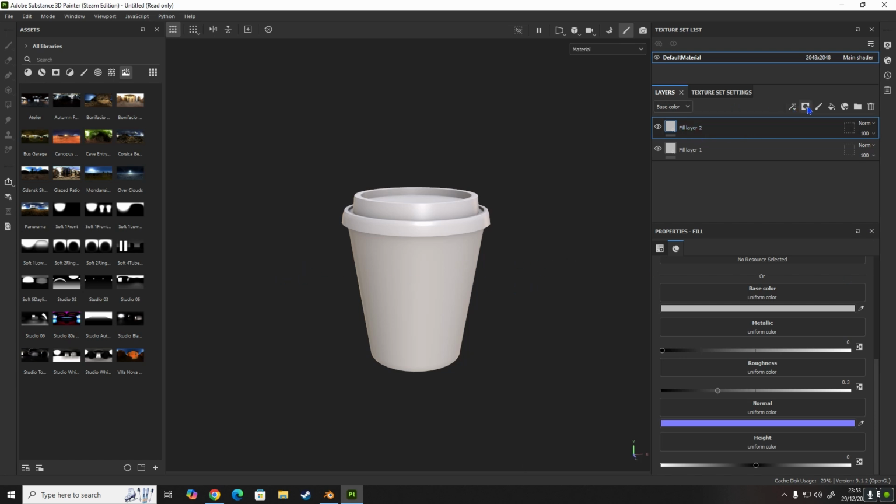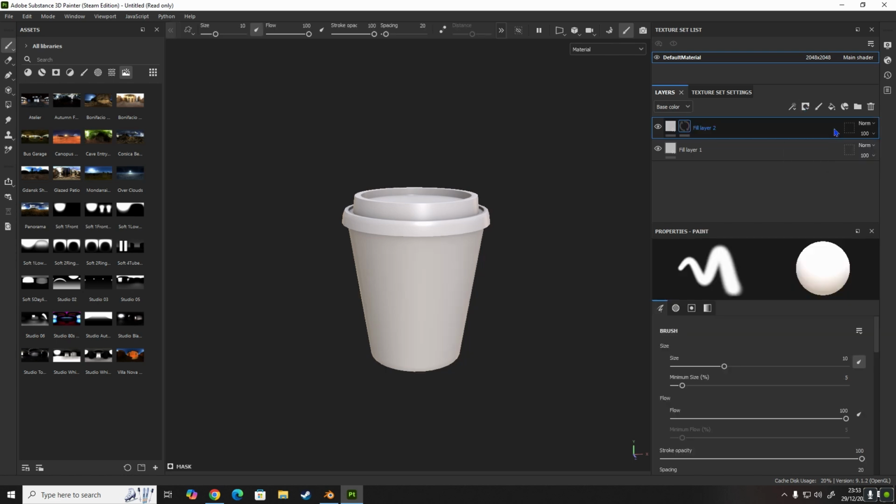So we're going to click on here where it says add mask. We're going to add a black mask. The difference between a white mask and a black mask is when you add a black mask, you're selecting the area that you want to be affected, but when you use a white mask, you're selecting the area that you don't want to be affected. So they're just reversed. If you were to add a white mask, all of this would already be pre-selected, so you'd just be reversing the selection. If you add a black mask, all of it's not selected, so then you're selecting the area that you want